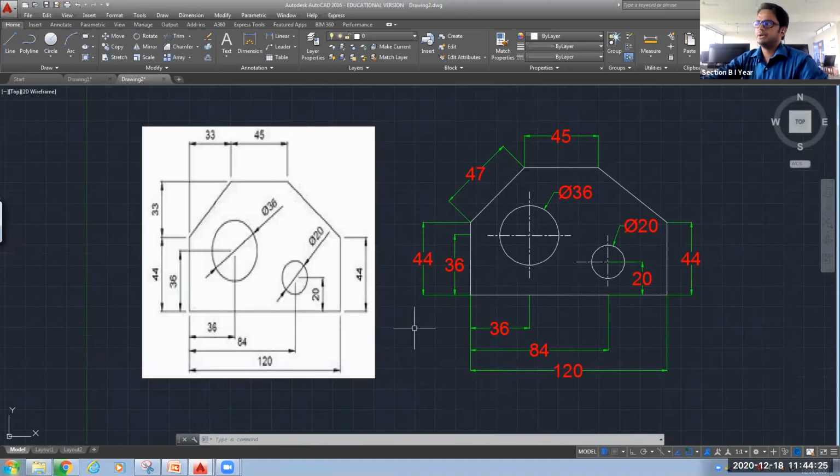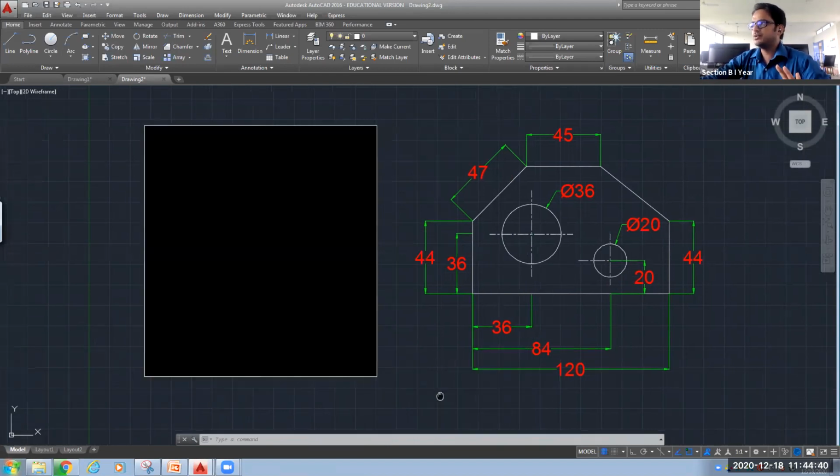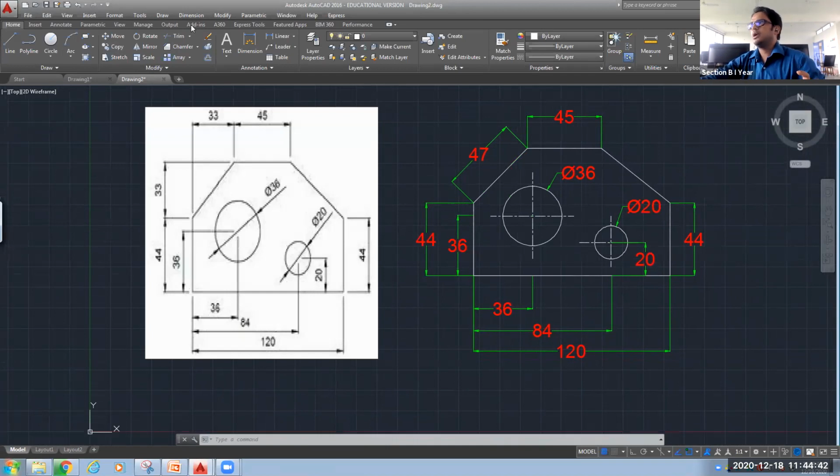Now this is what we have drawn. Dimension lines are clearly visible with a different color. Your thick or continuous lines are visible. Your center line is clearly visible. Everything is clearly visible. Now, after doing this, you have to go for the text command.